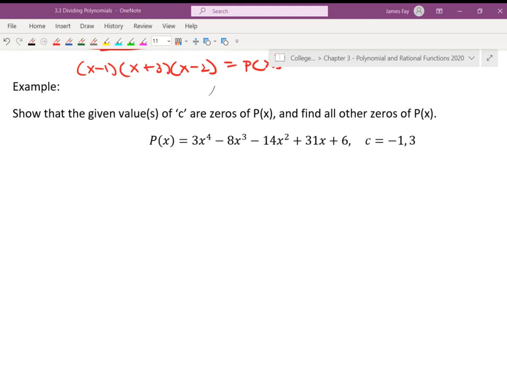Picking up where we left off yesterday. We've got this example. We were talking yesterday about the factor theorem, the remainder theorem, how we generate zeros, or how we identify maybe zeros. So this question is going to be the first one in which we actually get insight into the procedure for factoring